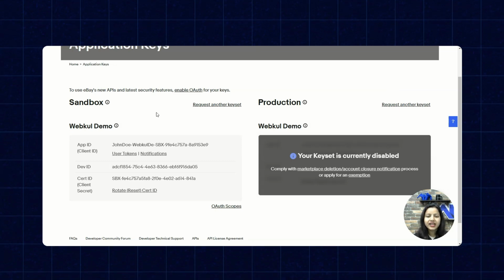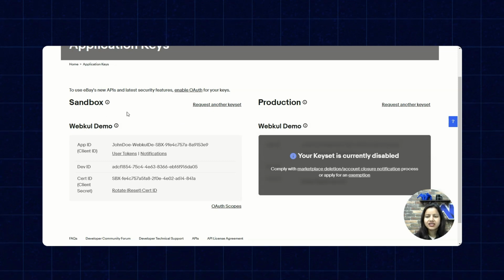But for real time, you have to use only and only the production environment and generate the key set of the production environment. I will show you as an example how you can generate the user token and get all the IDs from the account, but you have to do it in a similar manner for the production environment.